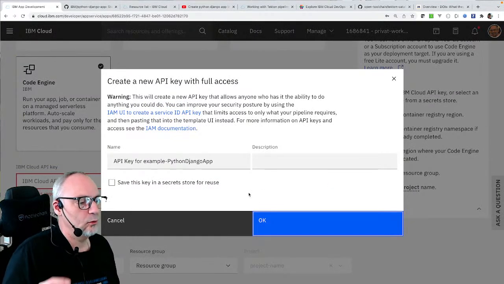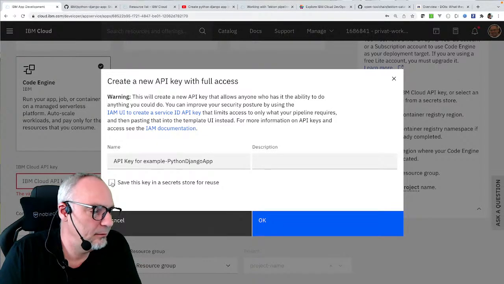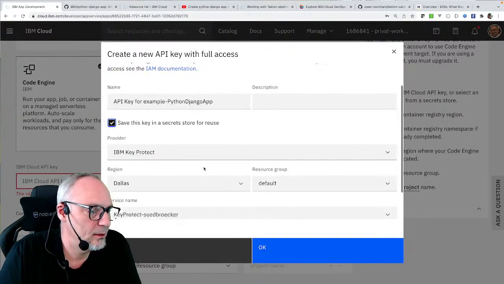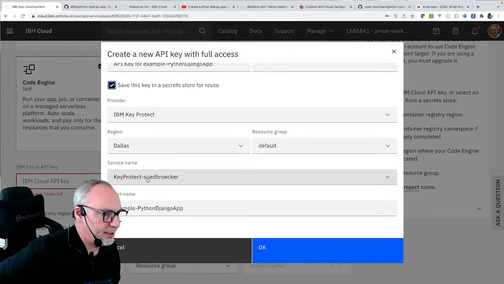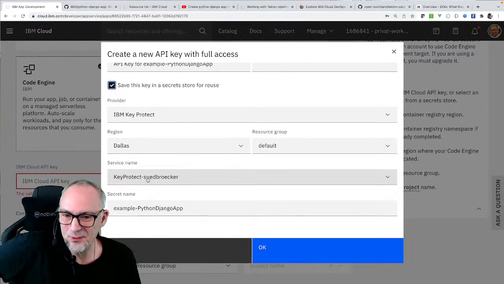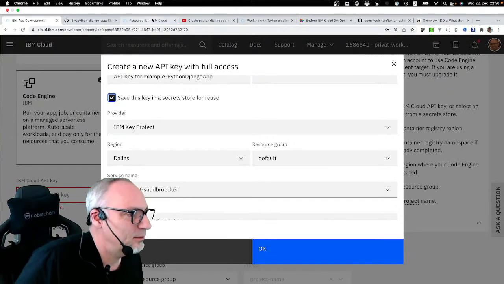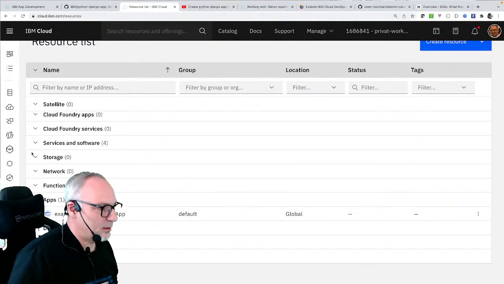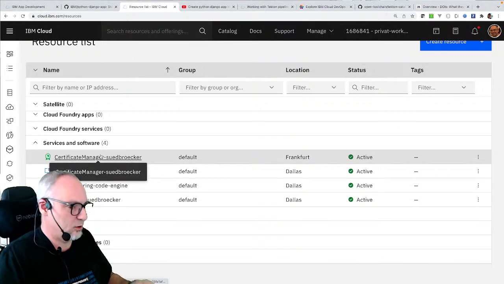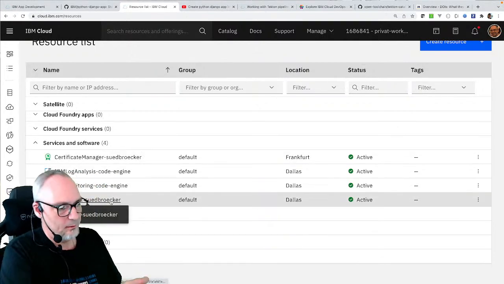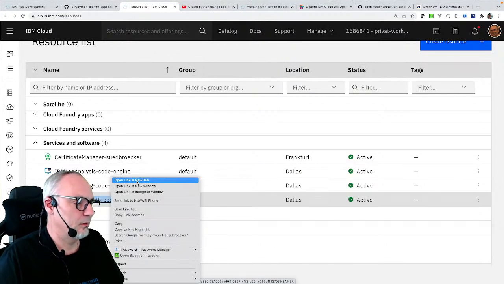And what I will do, and that's nice to see, is save that key in a key store. IBM also has a key store, and it's free for you. You can have 20 keys. When you go to that resource list, you can see there's also a certificate manager. You also use Key Protect, and Key Protect fulfills several